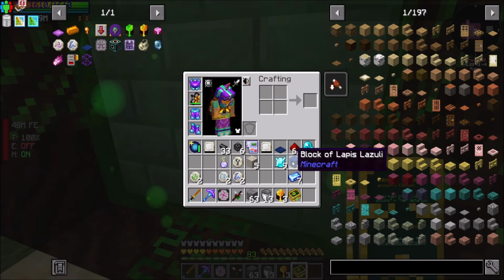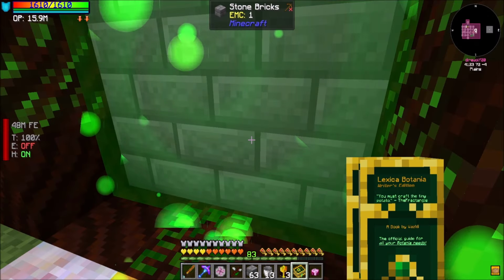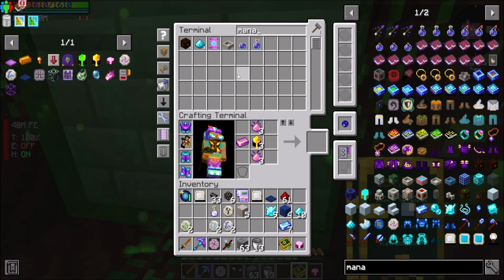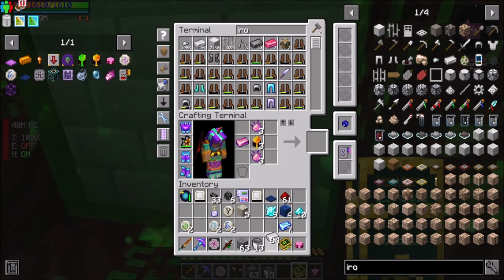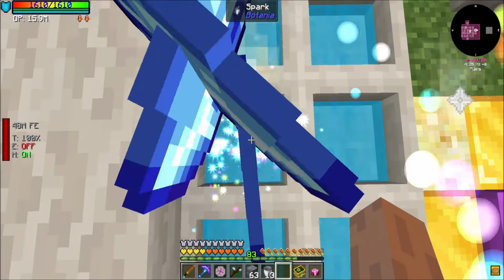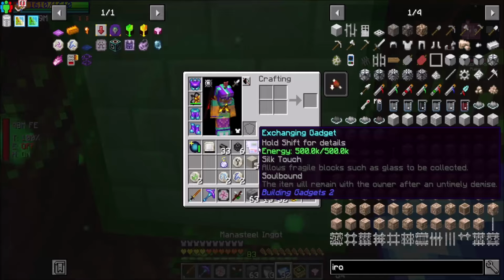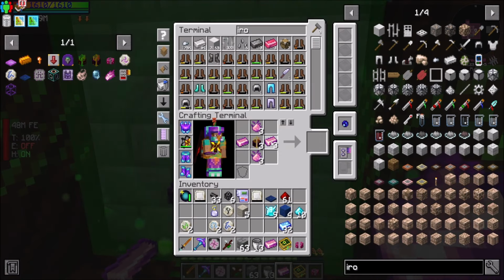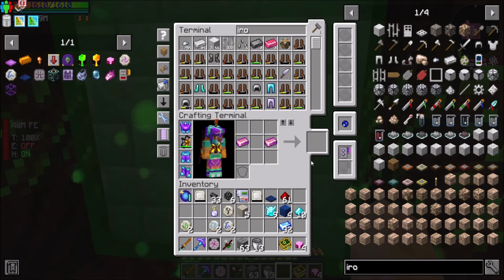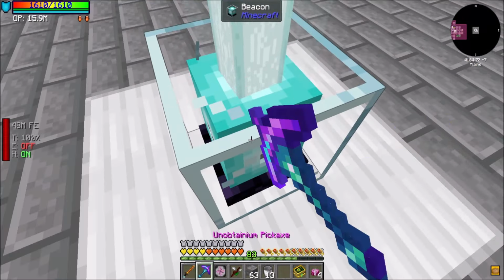Mana powder. Oh, nope, not mana powder. That was supposed to be mana pearls. Well, not a big deal. Okay. So that's cool. We'll get some more mana. Iron. Just get like a stack this time. And then we'll do that. And that. Beautiful. Now we can finally get back to what I was working on before we even started this